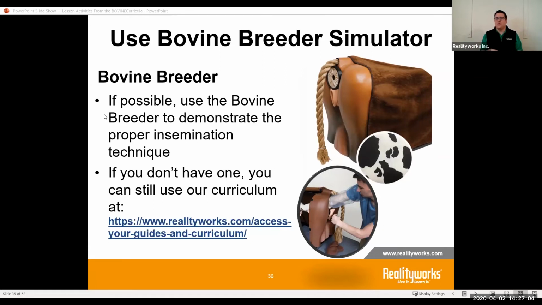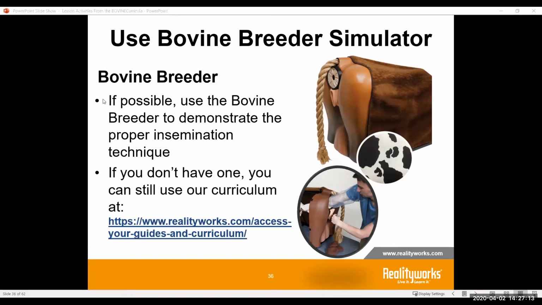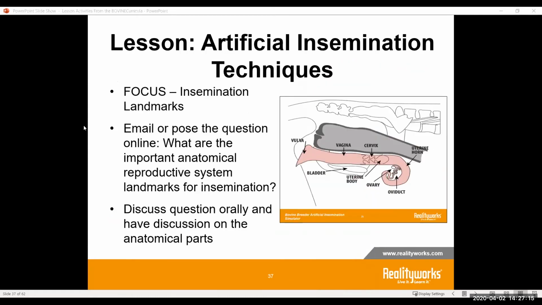At the same time, if you don't have this, the curriculum still walks through the different features for you as well. So in this case, one of the things with insemination landmarks ties in with what you've already learned and done in the reproductive section of the last lesson. So now you know where different parts of the body are, but what are the landmarks that are important for